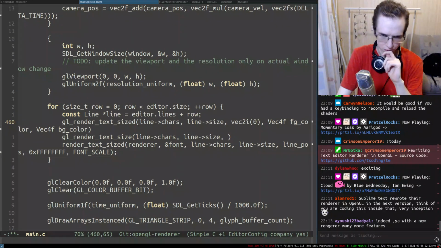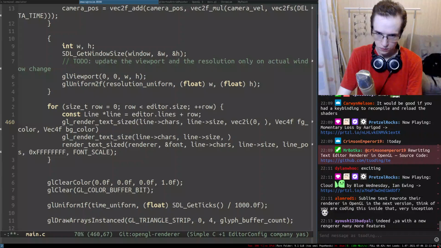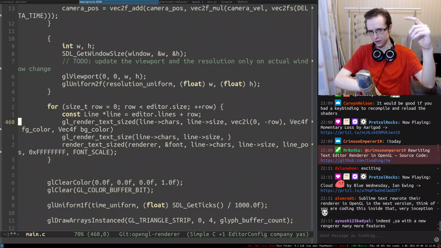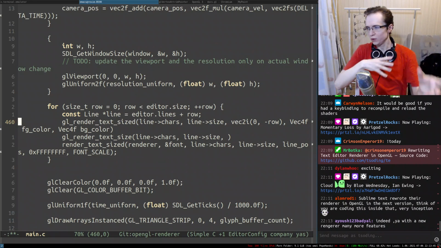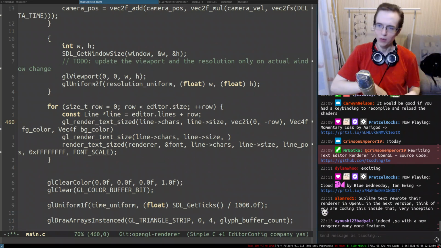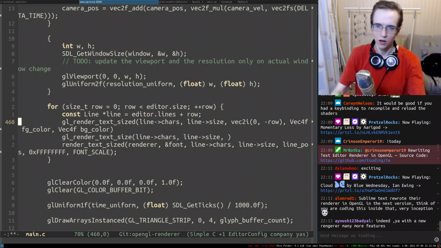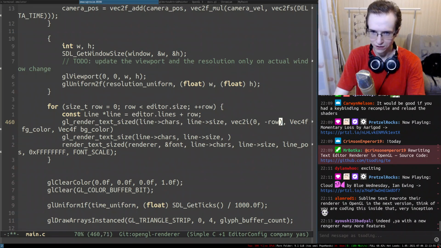Column could be 0, whatever. Row. Row has to be negative because we're rendering from 0 to n, but this is OpenGL coordinates. OpenGL coordinates go from -1 to 1, -1 to 1, so y goes up. That's why we're gonna set the row as negative. So that's basically what we're doing here.